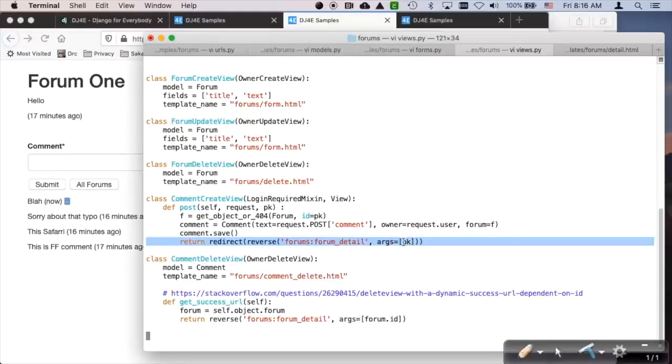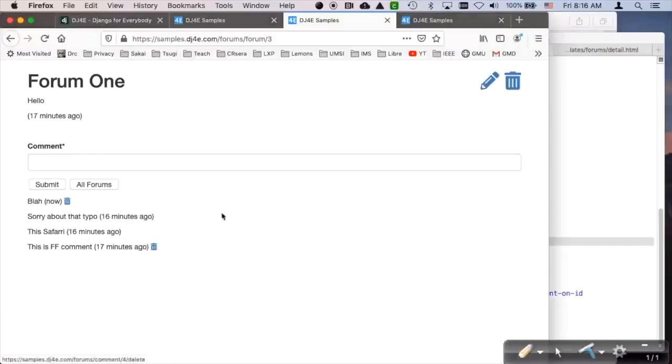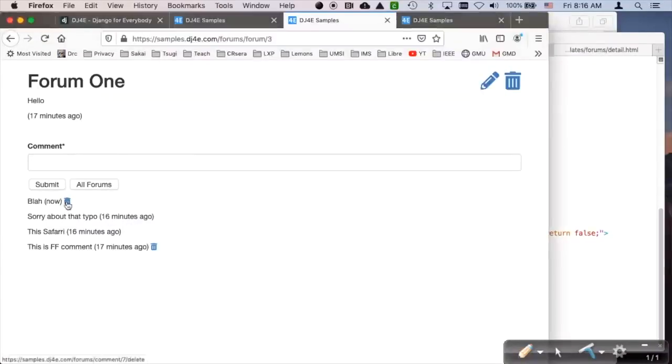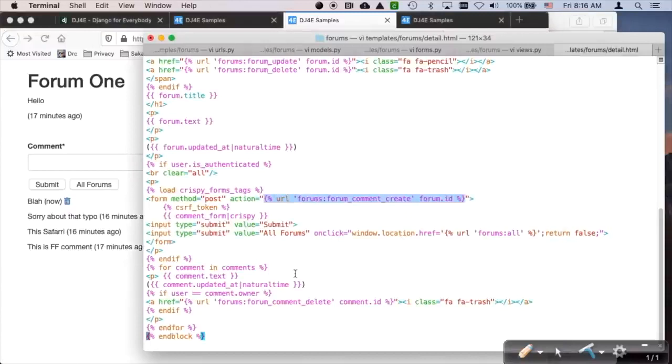Okay, so the only thing to look at next is what happens when I hit the delete button. So let's take a look at the detail page. Remember that we cannot delete in a get, but we have to delete in a post. Okay? So in here,